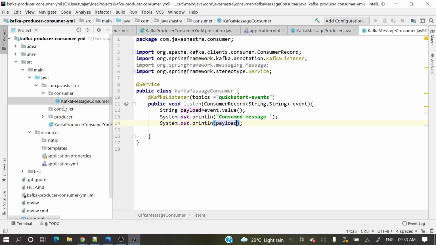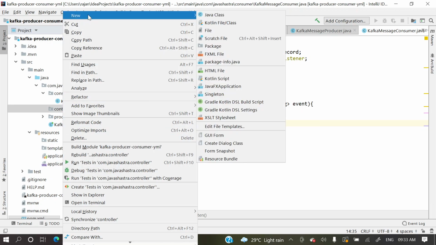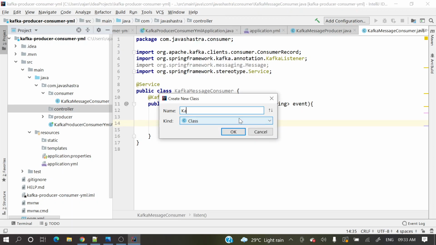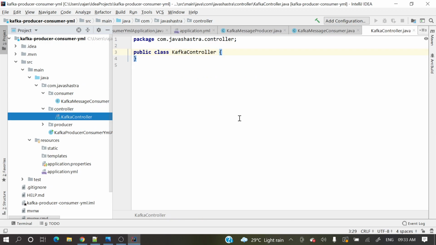Now let's write a controller so that from Postman we will hit that controller and receive some payload, and that payload will be sent via this producer, right? So let me create one class, KafkaController. Here we go.